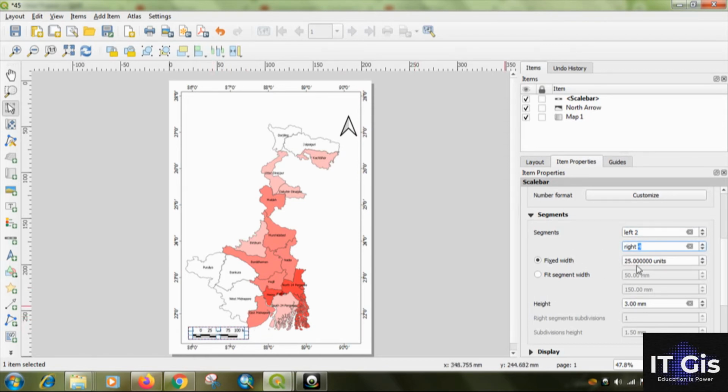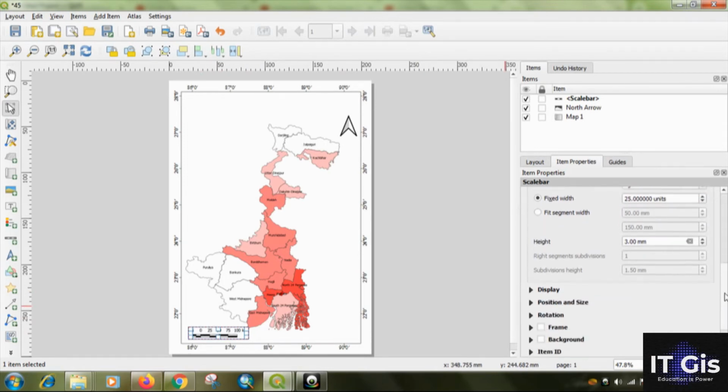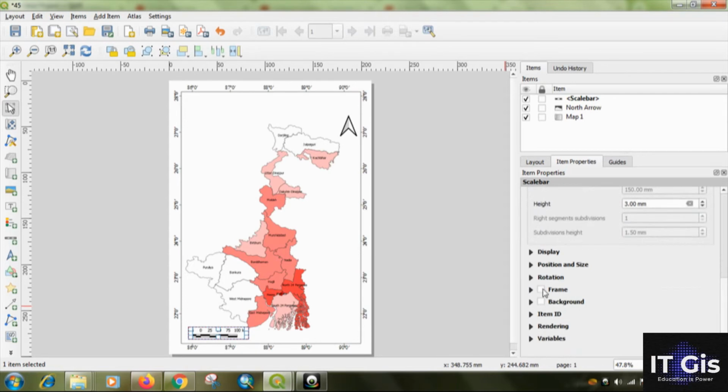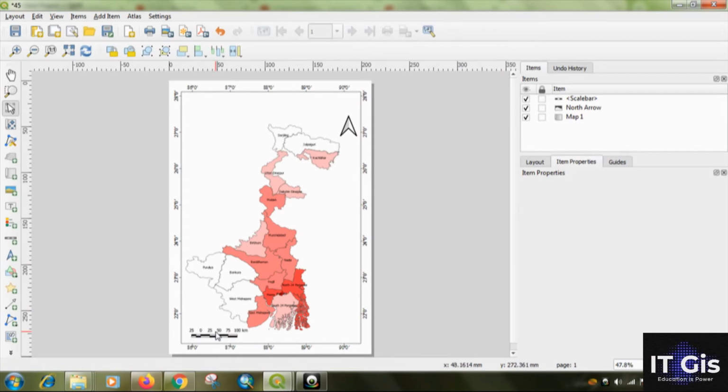There is an interval of 25. You can change the unit. And you can give the frame or background, of course. So I'm not giving that. This is the scale.